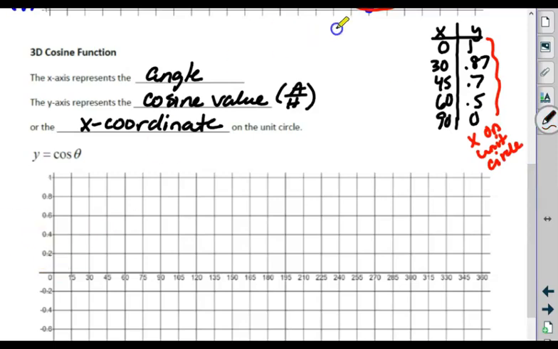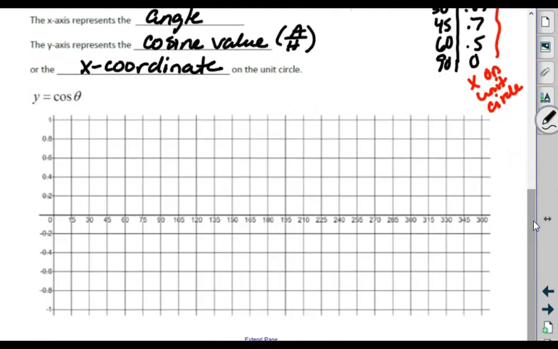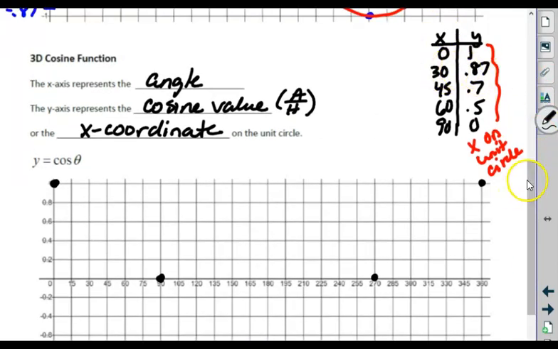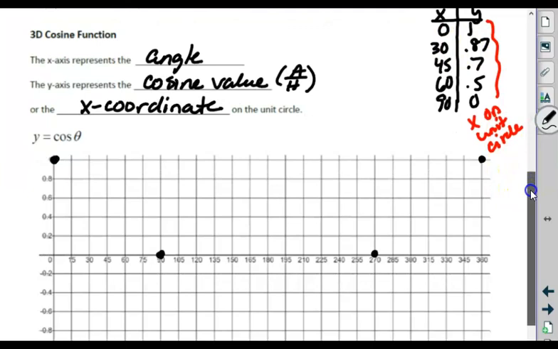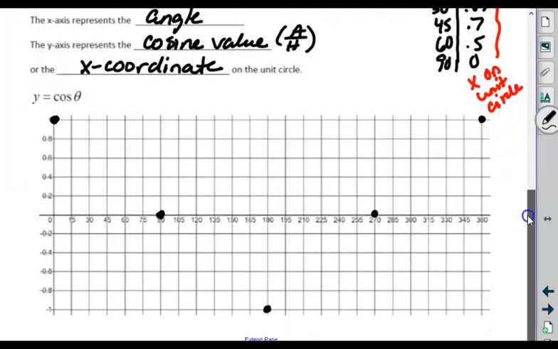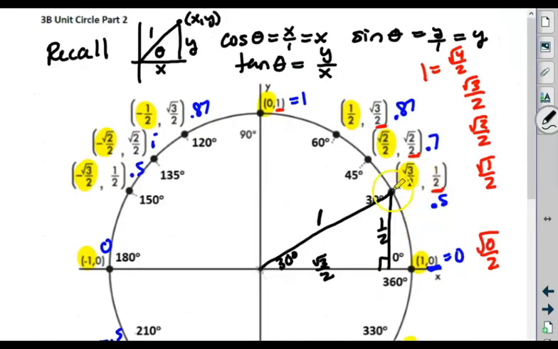Okay, so let's plot some of these points. At 0 degrees, the adjacent side is 1. At 90 degrees, the adjacent side is 0. At 180, the adjacent side is negative 1. At 270, 0. And at 360, back up to 1. Now, let's look at all of the angles that have a 30-degree reference angle. Those are the values where cosine is either 0.87 or negative 0.87. Because if we look back at the unit circle, at 30, 150, 210, and 330, the adjacent side is still